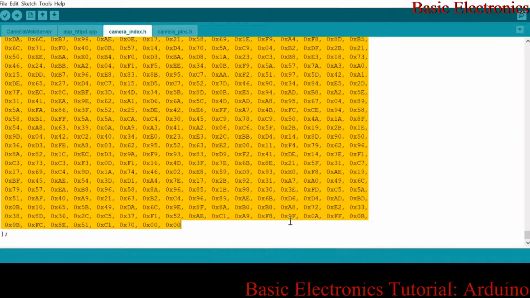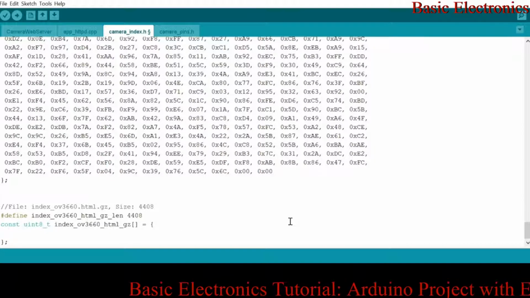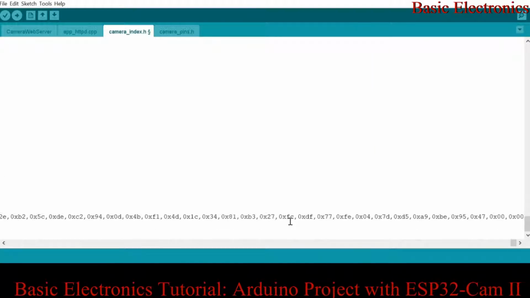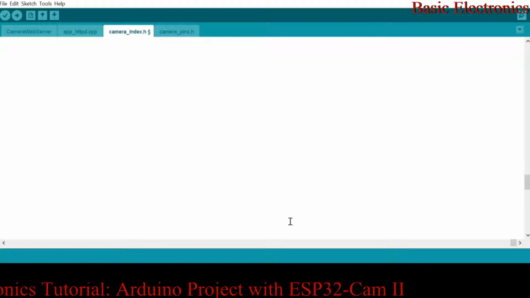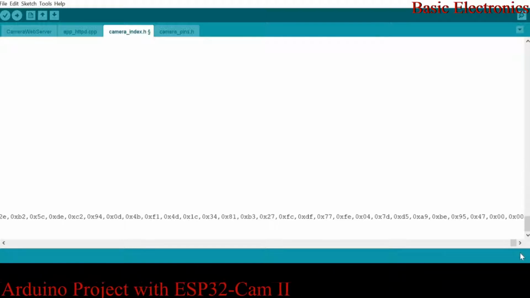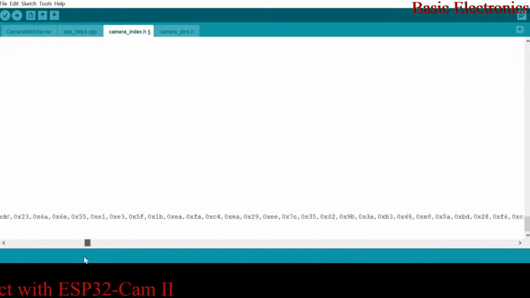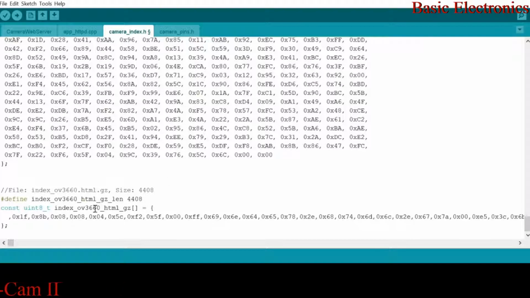Alright, so I'm gonna replace all that. And one more thing, so I've replaced the old code with the new code, and you just need to add the length, or the size, right? So we just want to get the size and put it here. To get the size, go back to where you copy the code from,